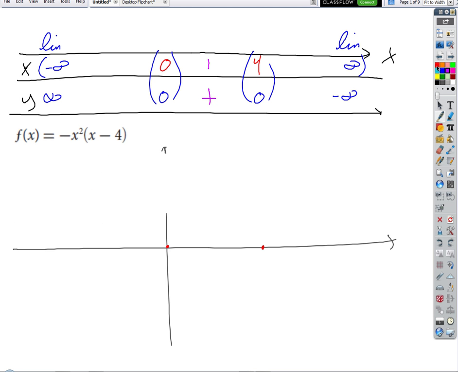So what's this tell us? Well, we've already got the x-intercepts. This is telling us that in between, it's going to be up here somewhere. It's going to be positive. And the end behavior is down. Oh, well, that's supposed to be up, isn't it? Yep. So it's up